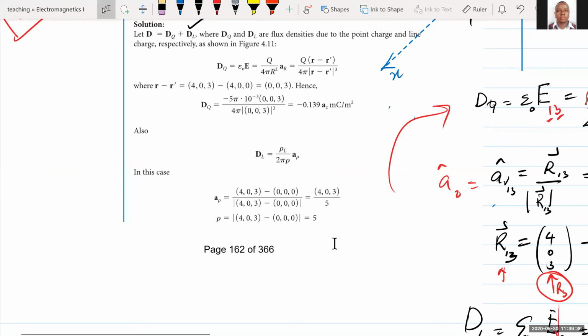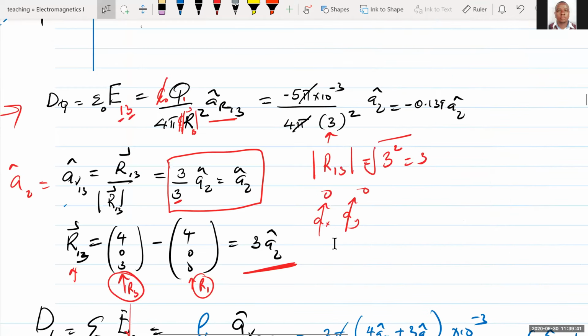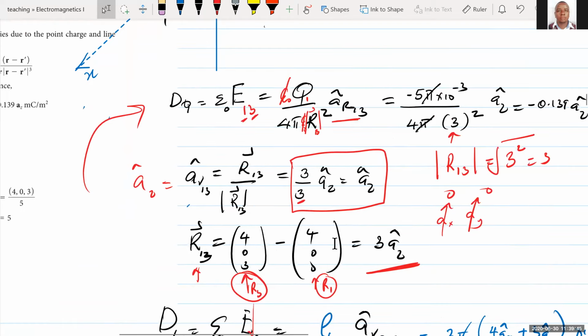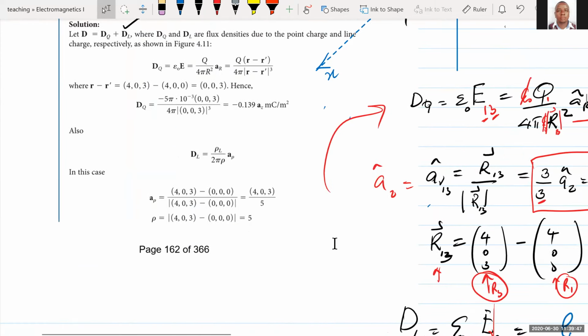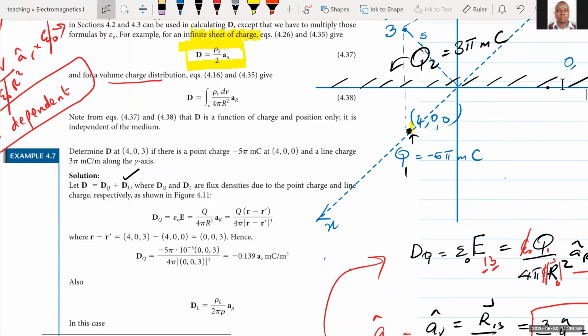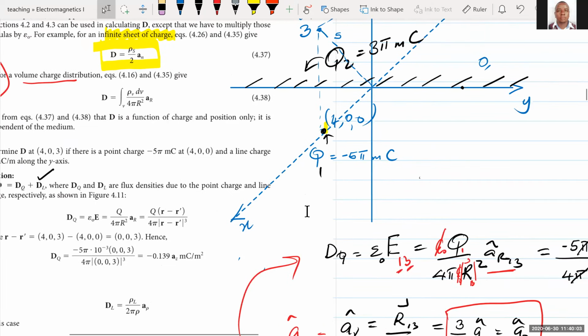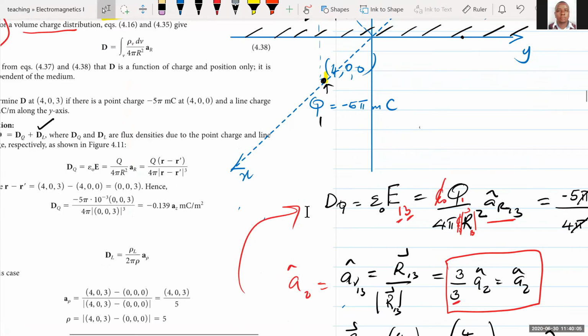As I have mentioned, that solution gives us the electric flux density dq due to the point charge q. And therefore, we can also now try to find the electric flux density dl due to the line that is placed along the y-axis. And all you have to remember is what we have said, that we found out that